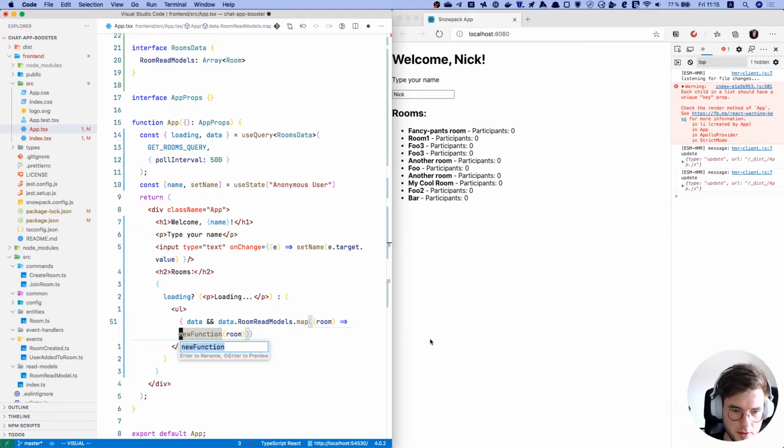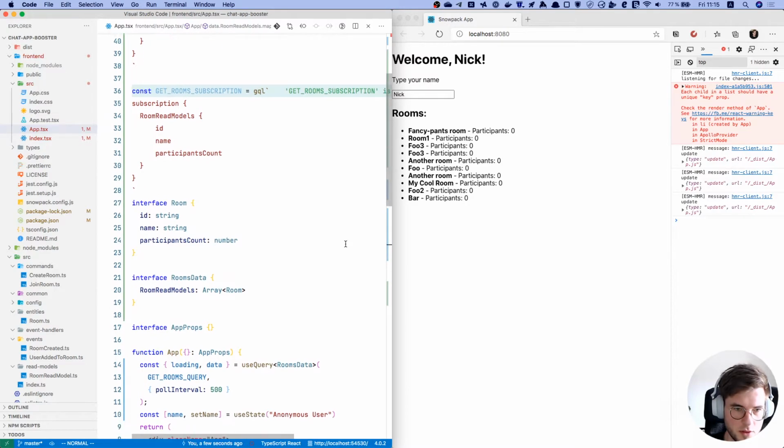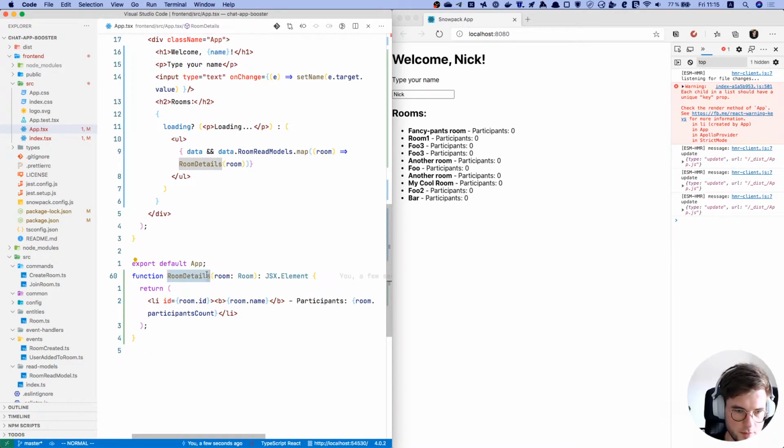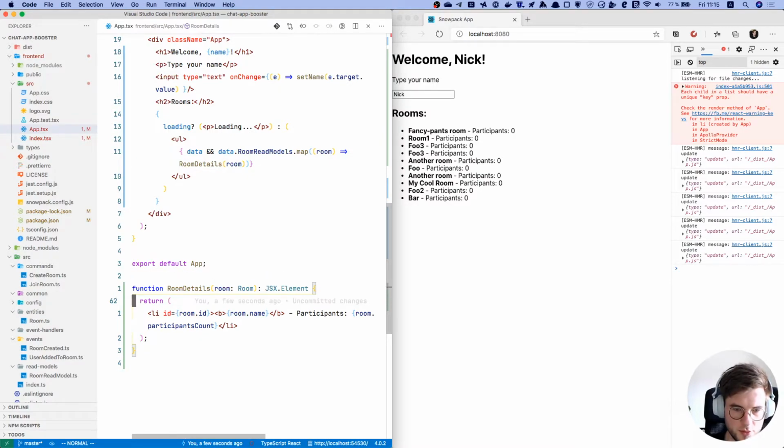I'm gonna call it, I don't know, room details or something like that. Now we got here the room details, and here we can add, for example,